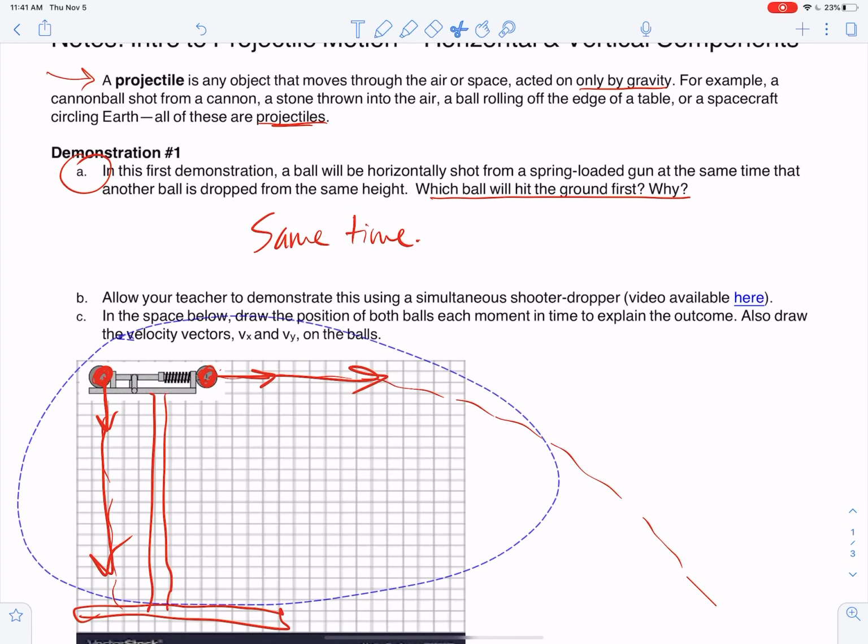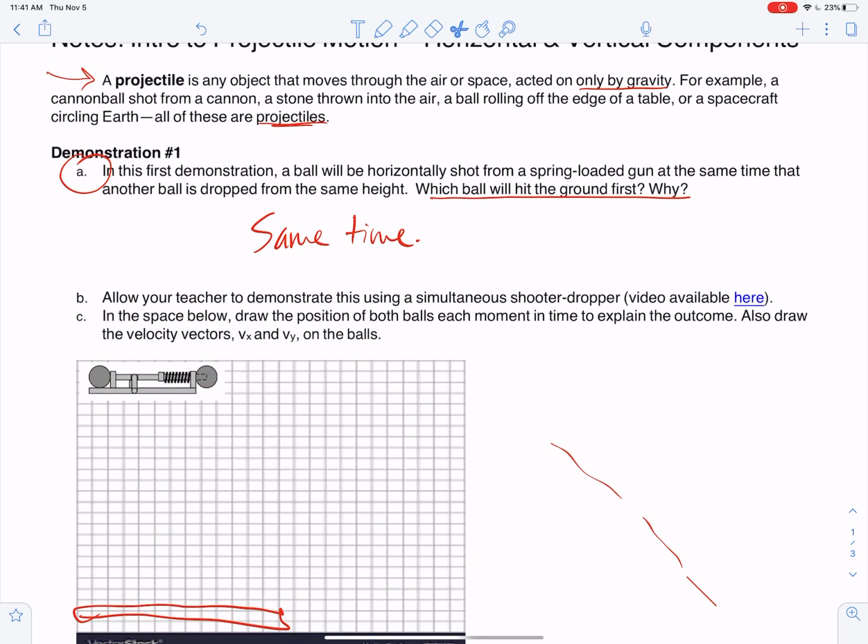So I'm going to make some space here, and we're going to draw what's happening with the ball moment by moment as it falls, okay? So here in the space